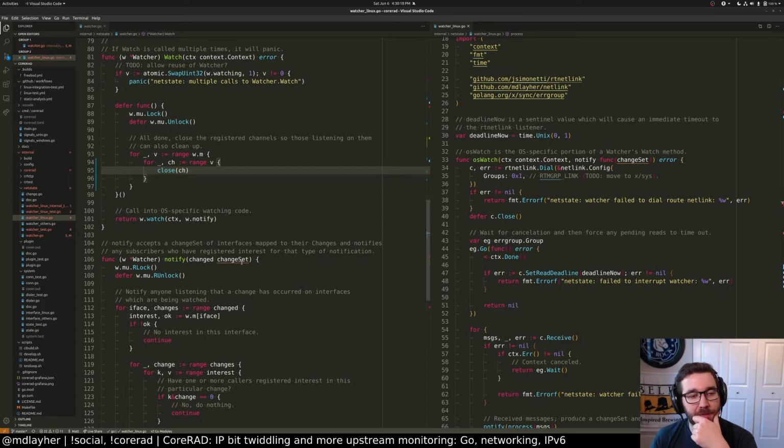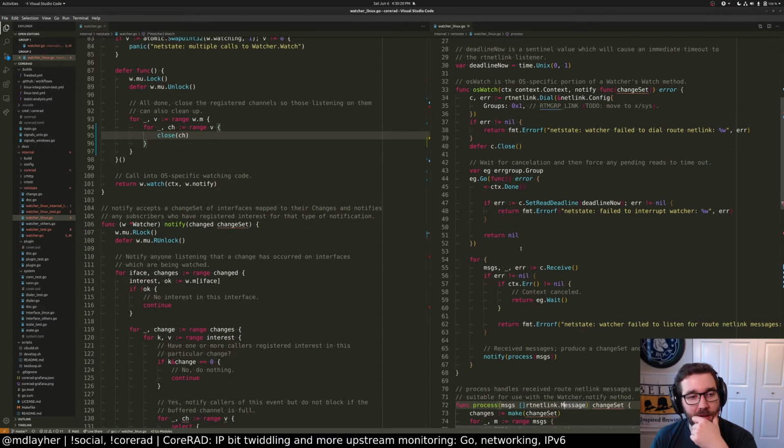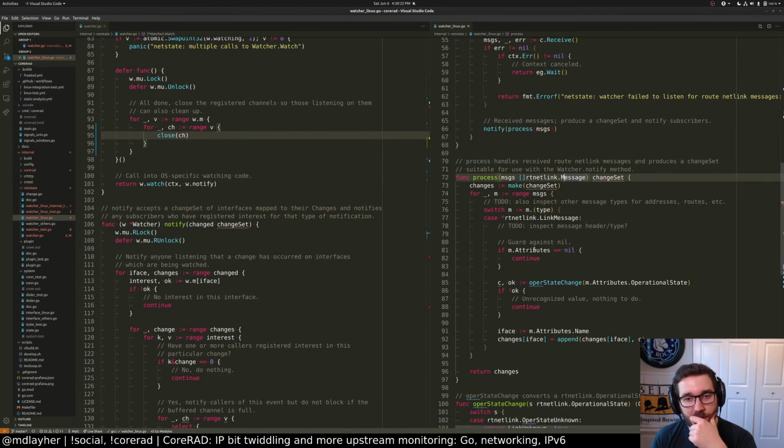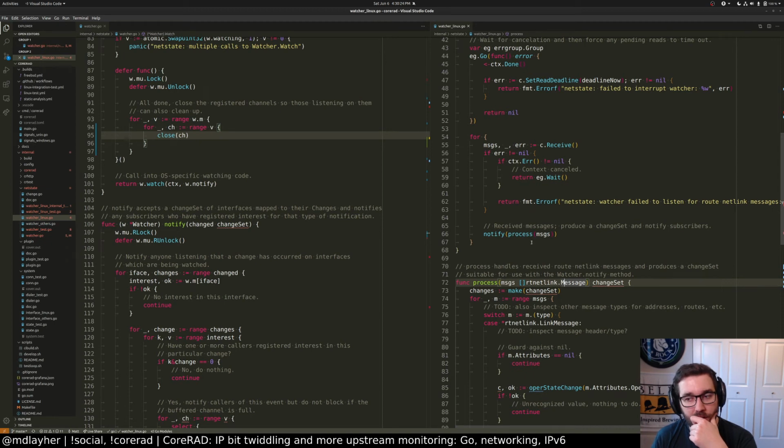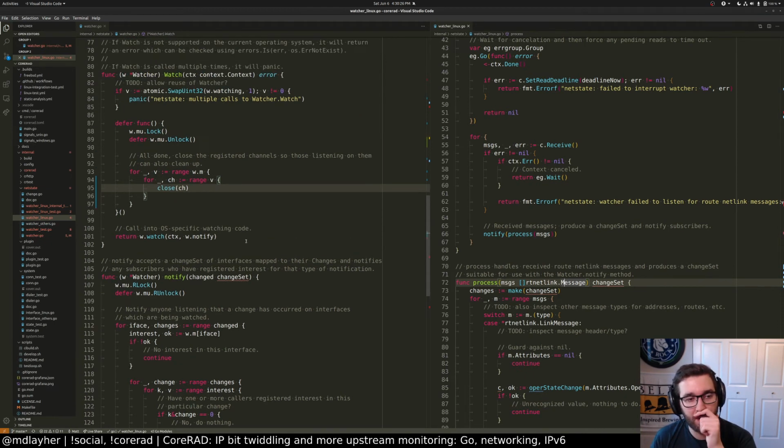So notify is a function that will receive an event. So notify will now receive an event instead of a change set.